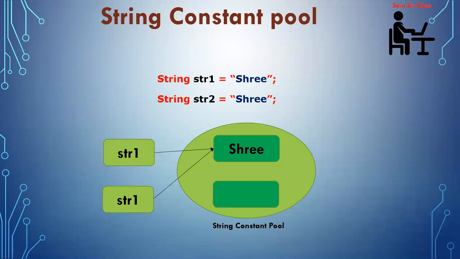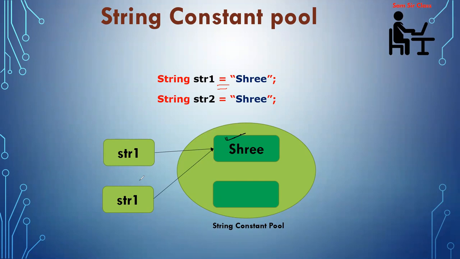Okay, now whenever the JVM creates the first statement, it stores hello. Clear? It stores Sri here without any problem. Now the second Sri is being created. Okay. So we are not using the new operator to create the string. We are using the assignment operator. Why? Because it is a string literal.